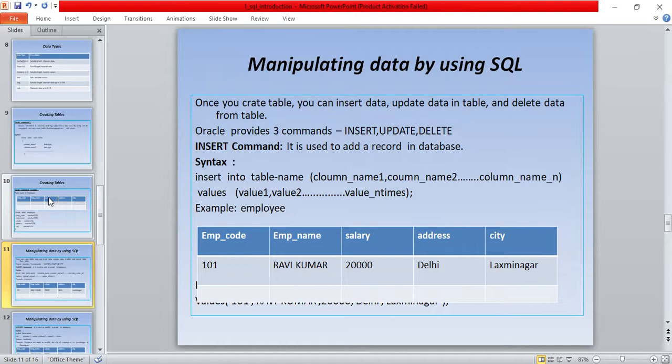Oracle provides us three commands: insert, update, and delete. Insert command. It is used to insert a record in a database.